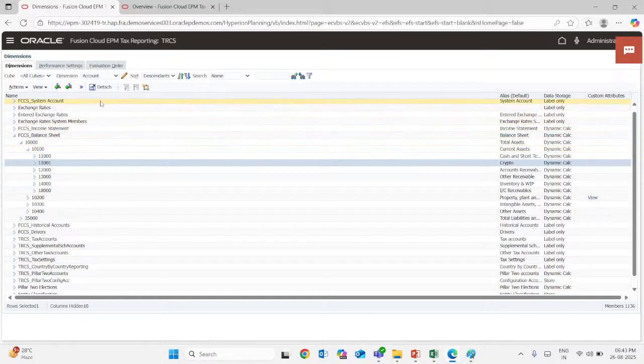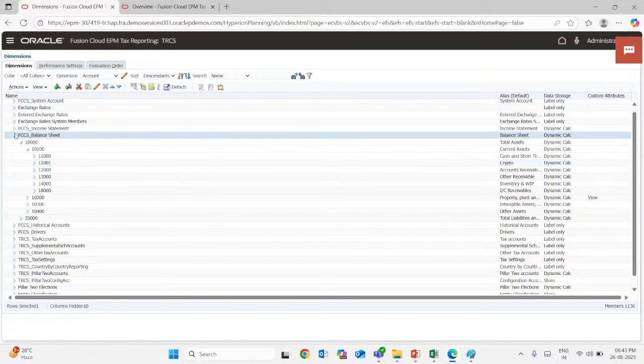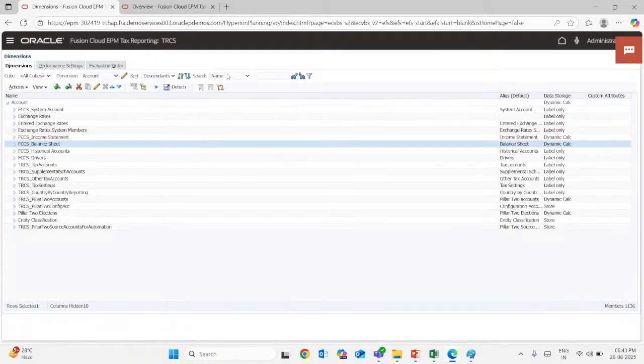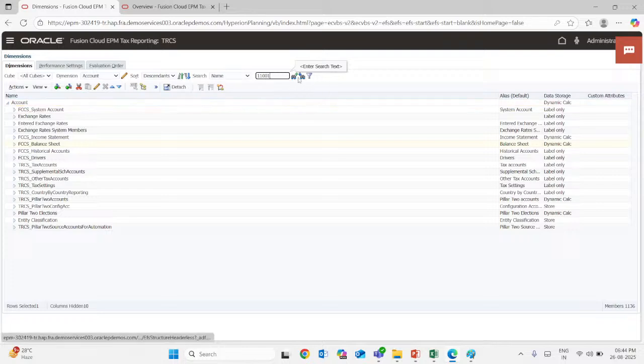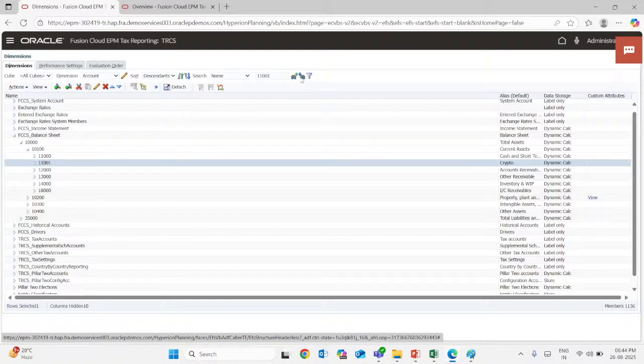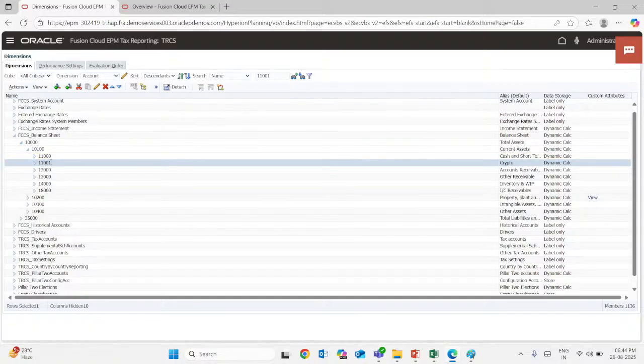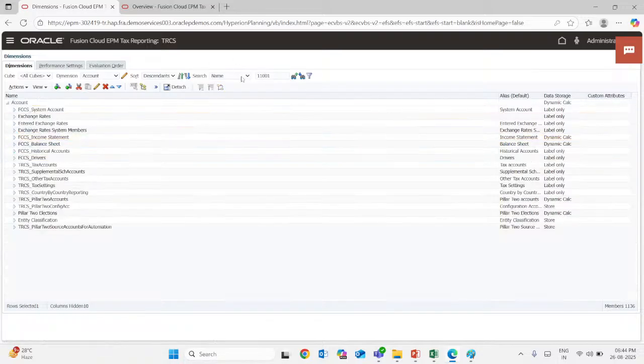There is another way if you need to find this. If you don't want to drill down so in depth, you can just go here. You can search either by the alias or the name. So if we put 11,001 and you search down, you can directly come to 11,001, and we will just switch it. If we go to alias and then drill it down, you can see the search is incomplete,